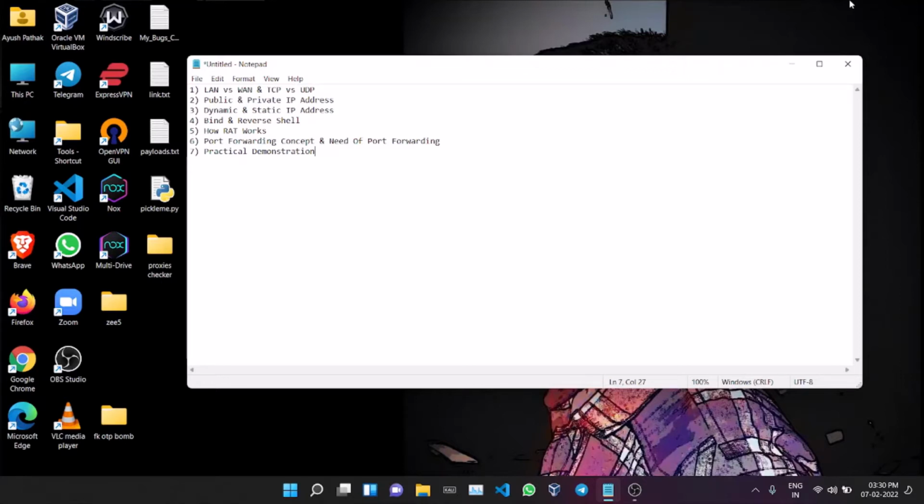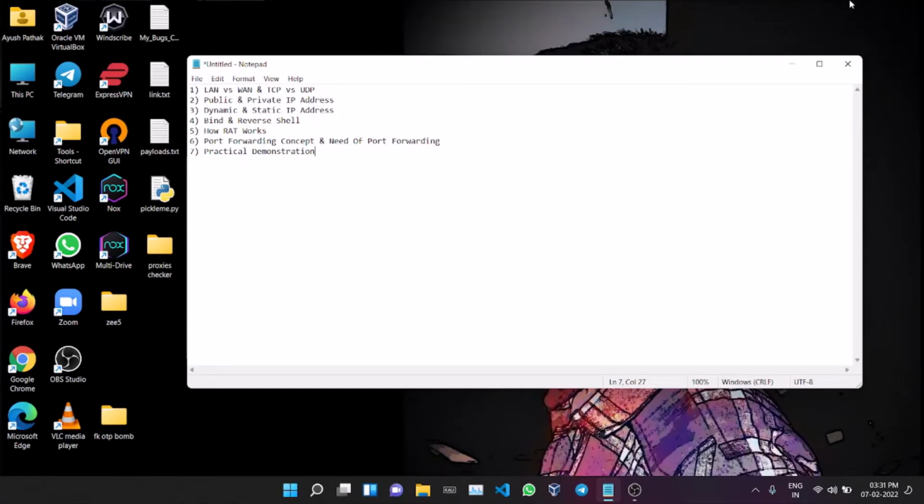What I mean to say is, if we have 2 networks, remember, not 2 devices, if we have 2 networks, network A and network B, and 5 devices connected to each network, then device A in the first network may have the same IP address as device A in network B, because those 2 networks are totally separate. But inside network A, 2 devices can't have the same IP address. Okay, so this was the scope of private IP address.